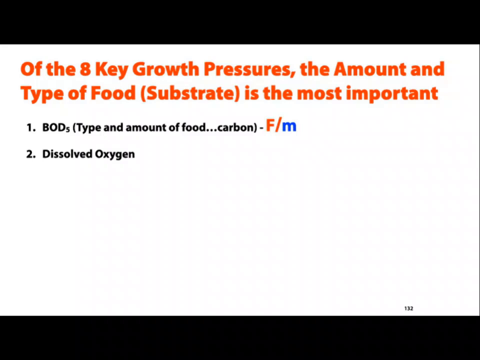You know, what's really going to drive that culture? And how much food does it have? And do we have the oxygen to burn it up? This is kind of like running an engine. You know, you put fuel through the engine. You better have the oxygen to supply it, right? So if you've got a,